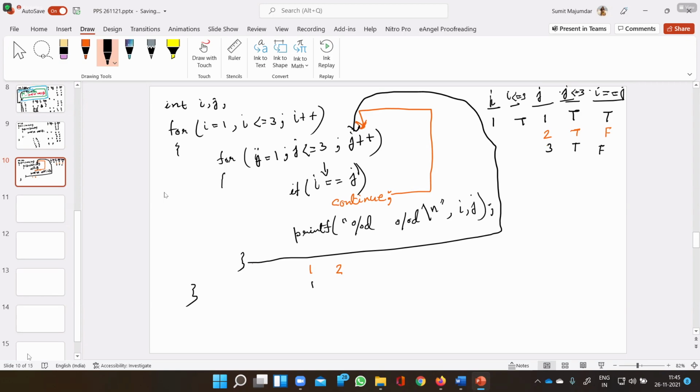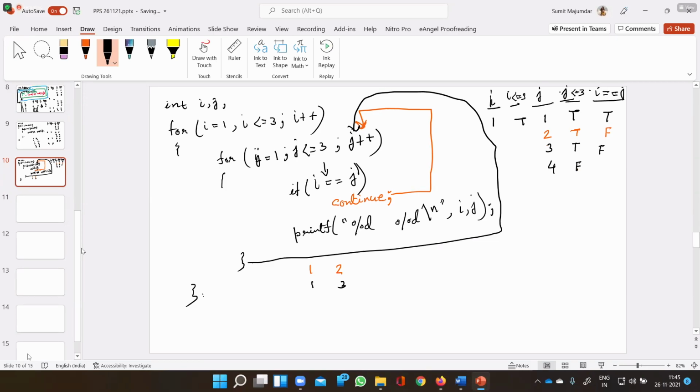So it will be 1 and 3. Next, j value will be 4. This condition will be false. It will not enter into the inner loop block.